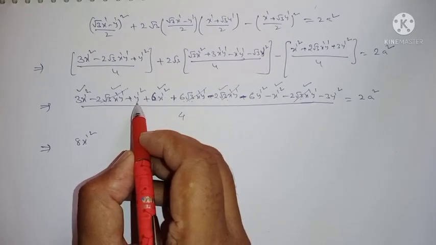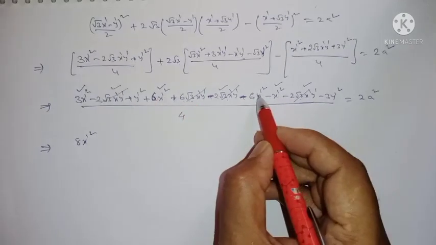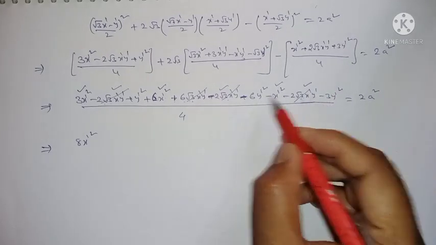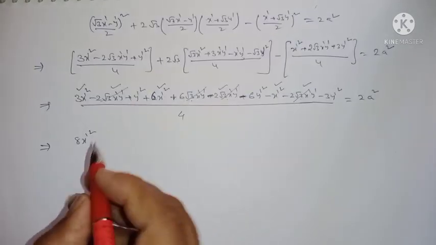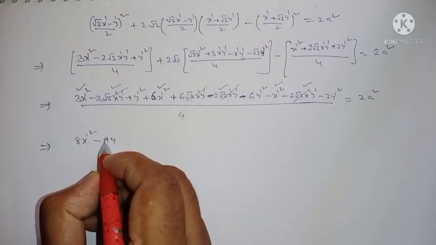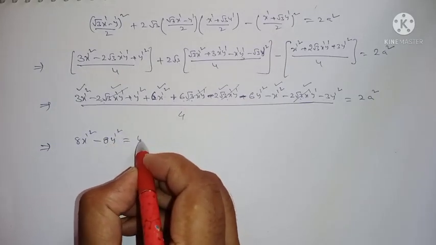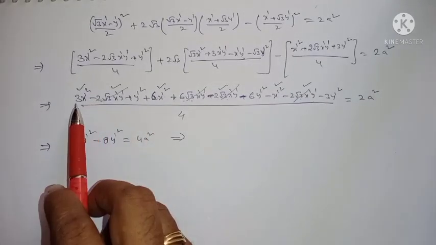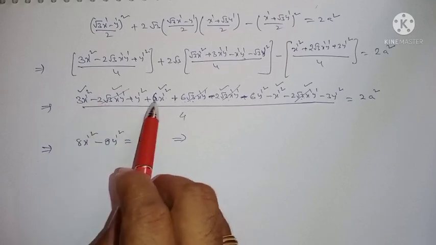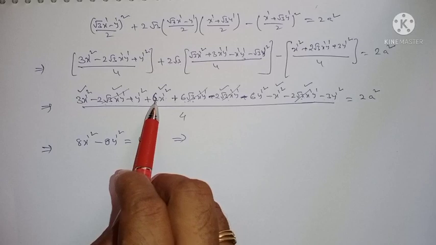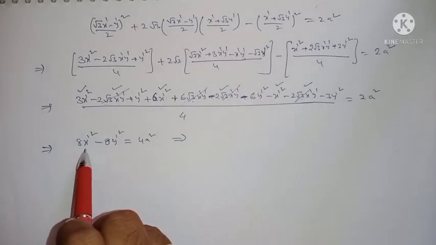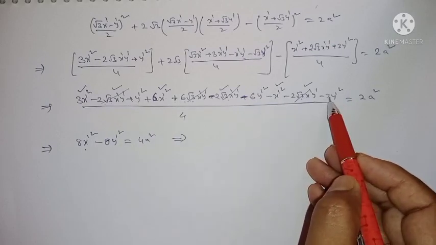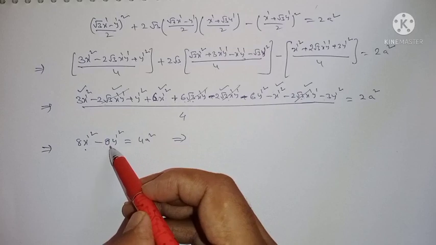X terms done, so now observe the y terms here. Y dash whole square, minus 6 y dash whole square, minus 3. Minus 6 minus 3 is nothing but minus 9, plus 1 means you can write here minus 8 y dash whole square is equal to 4a square. Once again you can check here. Therefore the x square terms I can write here: 3 plus 6 is 9, 9 minus 1 is equal to 8x square. Y also, observe directly. This is minus 6 minus 3, minus 9 plus 1, means nothing but minus 8y square.